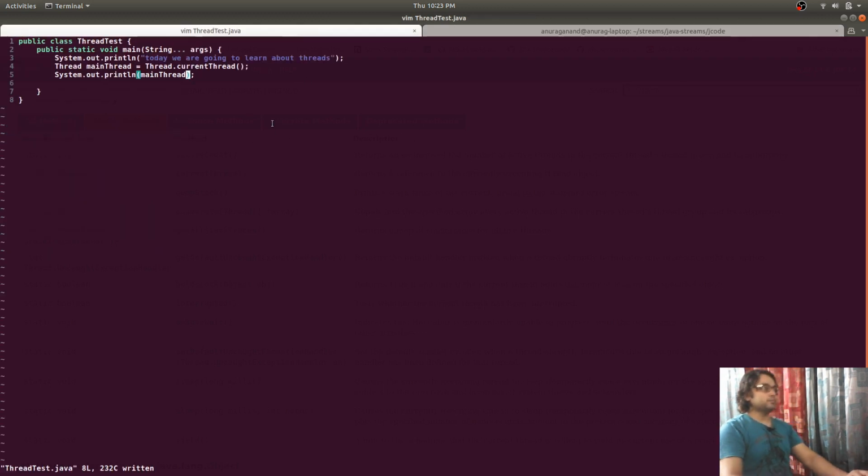So I can use this main thread object to access the instance member variables of this thread, and get the information that we want, like the thread group that it belongs to.